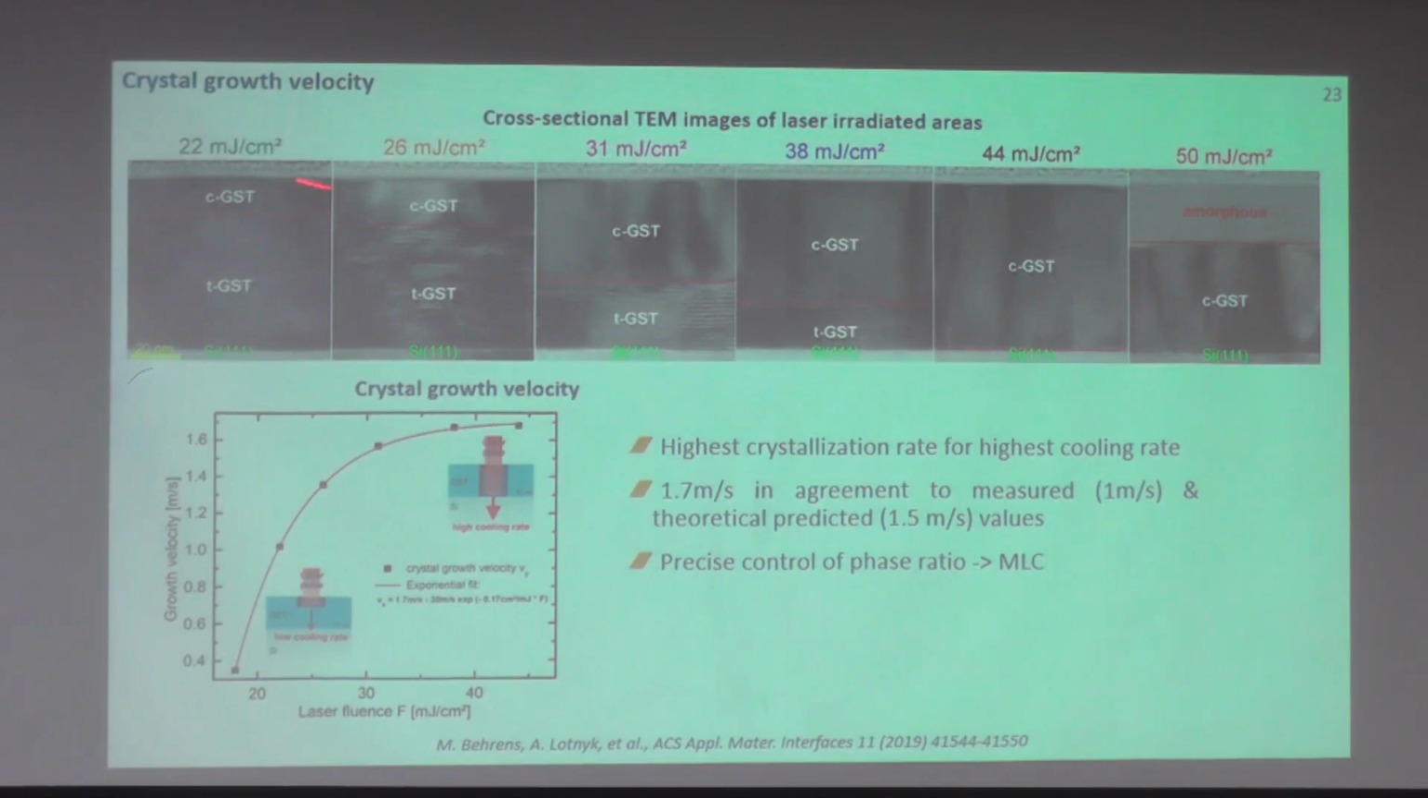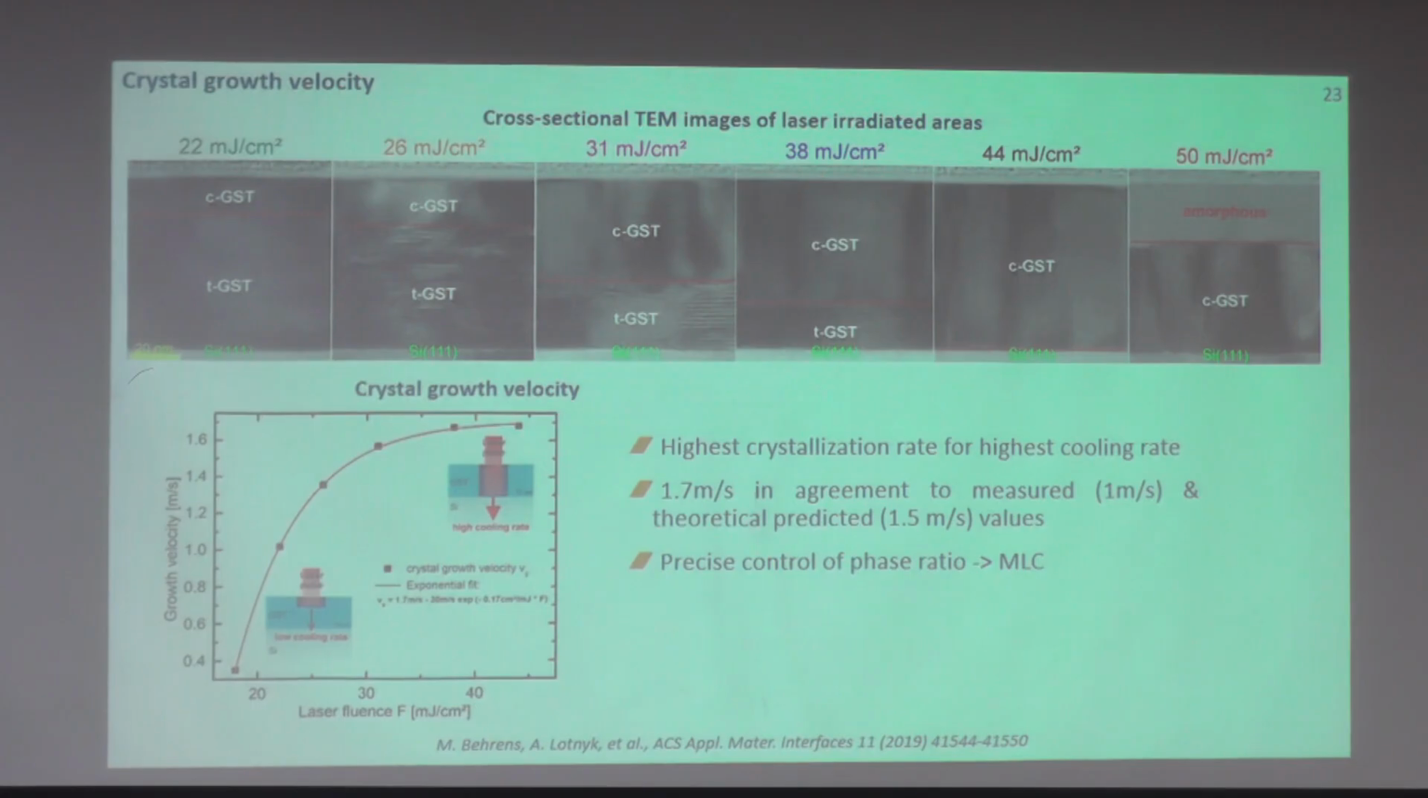If we irradiate with different laser pulses, we can see transformation to the whole CGST, or at higher laser energy to the amorphous state. If we then plot the growth velocity against the laser fluency, we can see an exponential dependence. At higher fluency, we have some saturation. But what we can see is that at low fluency we have a low recrystallization rate, and at higher fluency we have recrystallization rates approaching 1.7